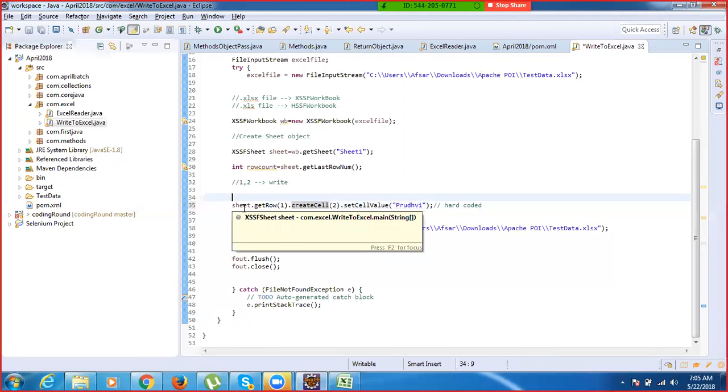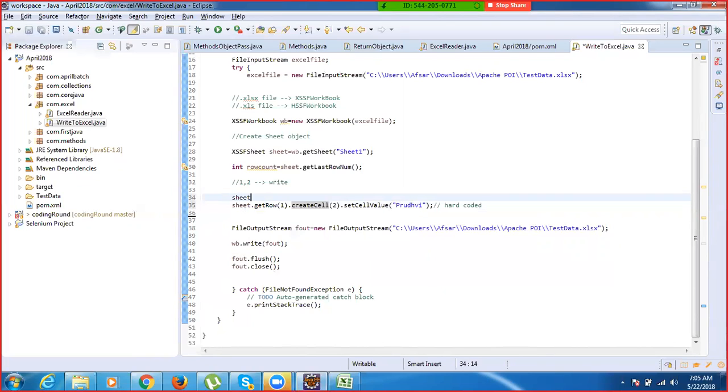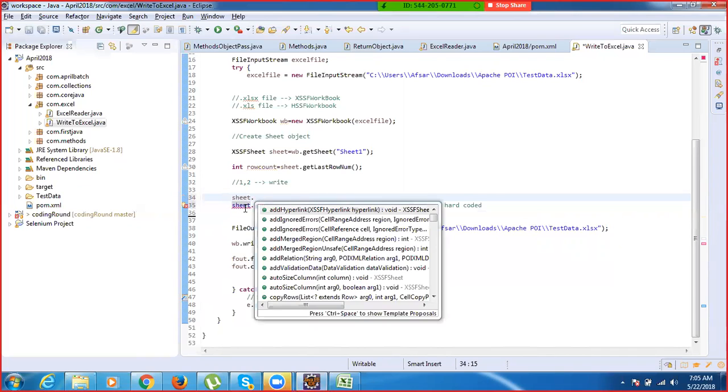So how to check this? Let me write one more thing. Sheet dot, what you need to write is get sheet dot get row